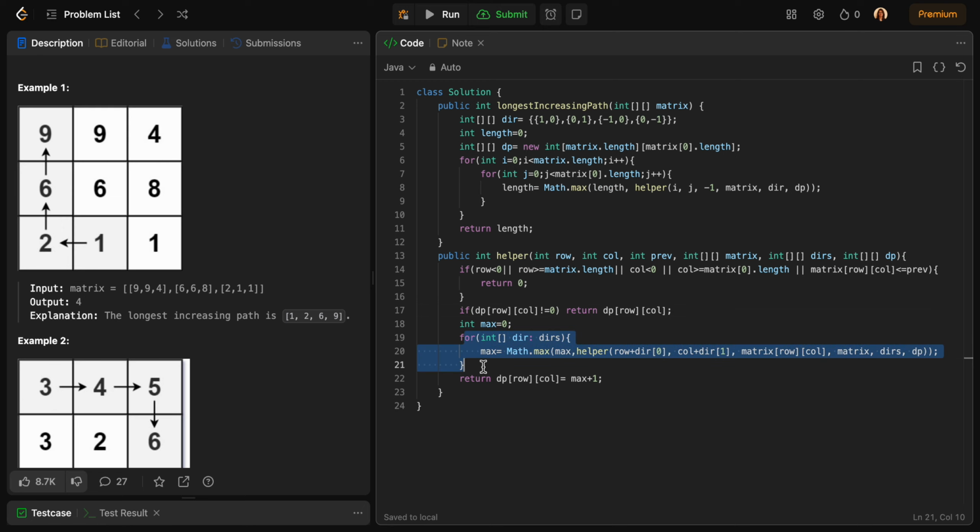Once that is done, I'm exploring all 4 paths. When I'm saying I'm exploring all 4 paths, I'm calling this helper function with all 4 directional values, and I'm getting the one which will give me the maximum value. And once I get the maximum value, I'll add 1 to it, saying that okay, this value will now be included as well. So that's why I'm adding 1, and I'll save that value in my DP row comma column,